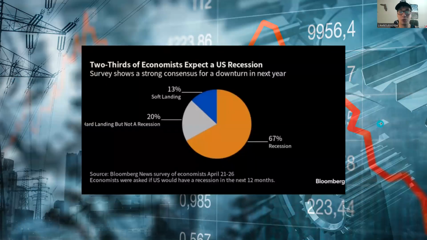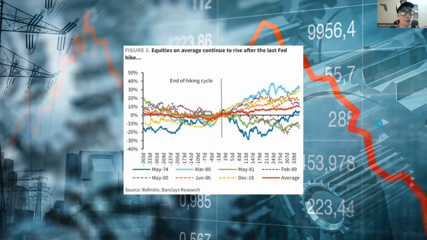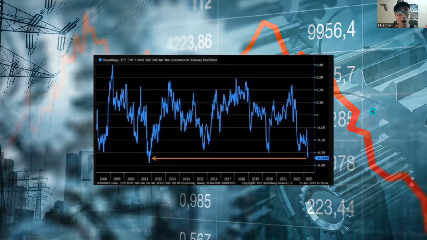All right. So, take everything with a grain of salt and use all of the different data to come up with your own conclusions, right? You don't want to look at just one data set and not the big picture. You also want to see the opposite side of the data set that you're looking at, whether it's bullish or bearish. Now, why are we seeing record short positions in the stock market right now, right?